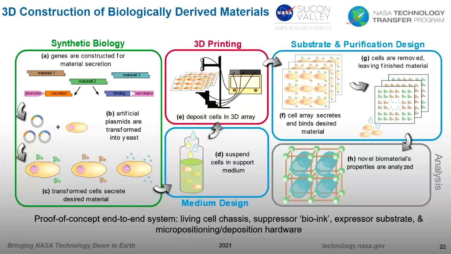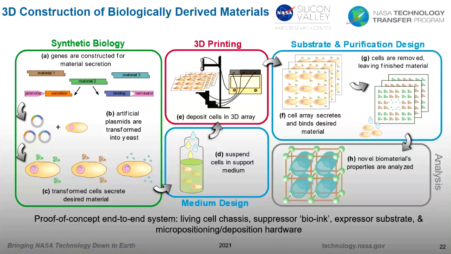So we used Saccharomyces cerevisiae, which is a standard model organism, basically baker's yeast. That was constructed with a plasmid that allowed it to produce a fusion protein of our design that was tagged to secrete that material and to have a tag on it that would allow it to bind to the substrate. That cell line we then had to grow in a print medium, or you can think of it as being an ink, and that medium needed to support the cells in an inactive state prior to printing,